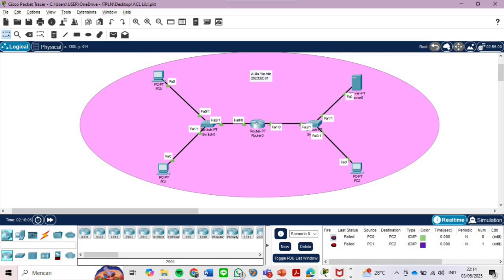In this topology, we have two separate network segments connected through one central router named Router 0. On the left side, we have PC0 and PC1 connected to a switch. On the right side, we have PC2 and a server named Server 0, also connected to a switch. The switches are linked to Router 0 using Ethernet cables. This setup simulates a basic network where we can apply an access control list to control or restrict communication between